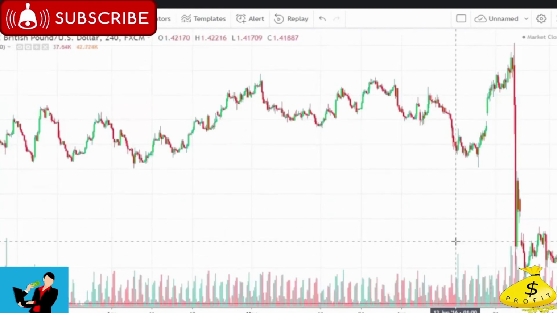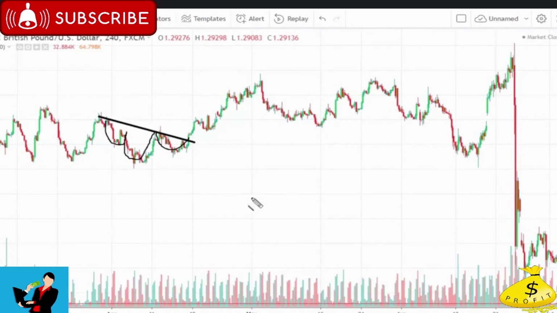Now, an inverse head and shoulders, as you know, is just simply the same thing, just other direction. We have that pattern here. You can see that we started to fall. The sellers felt relatively good. They feel even better there. They don't feel quite so confident there. Once they break through the